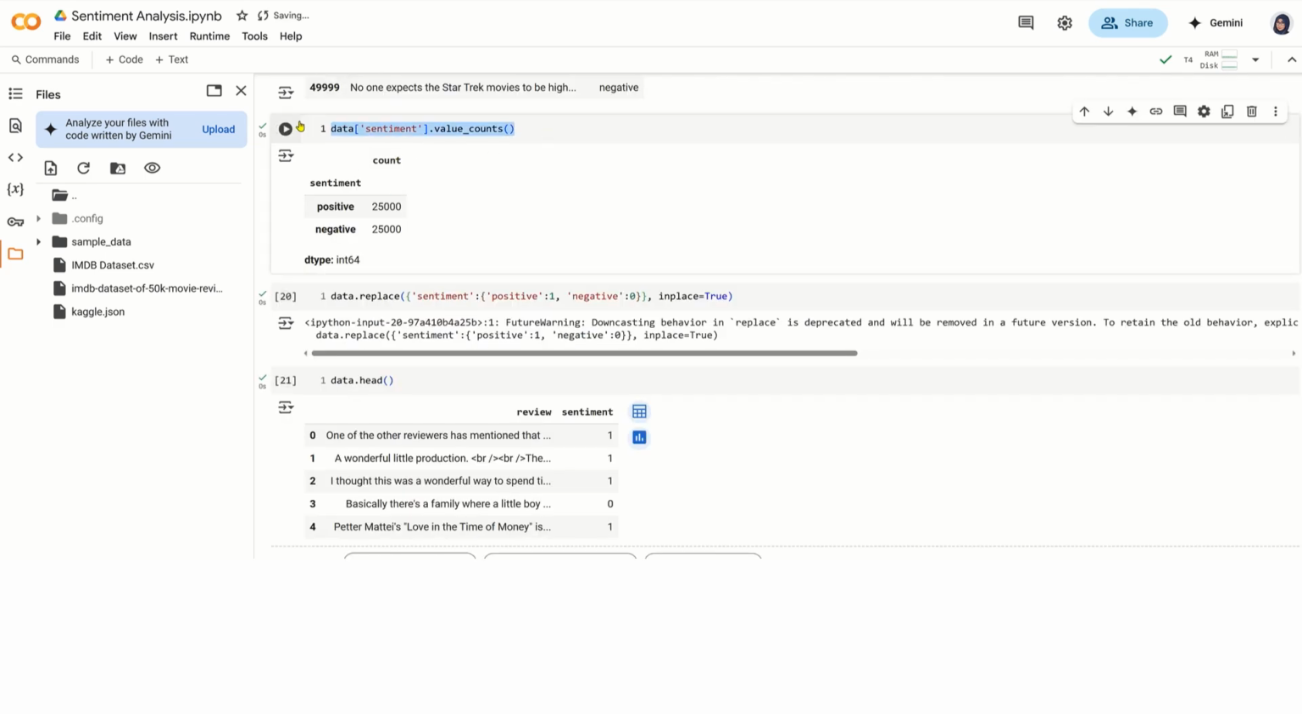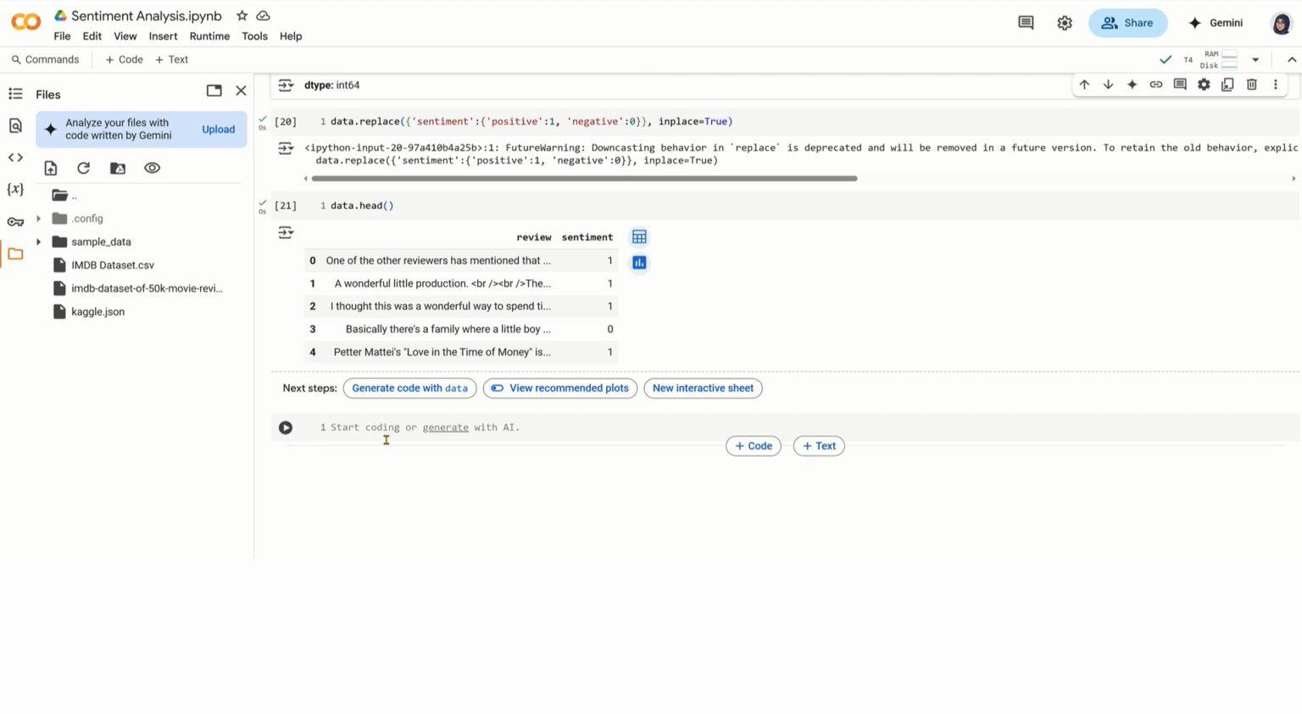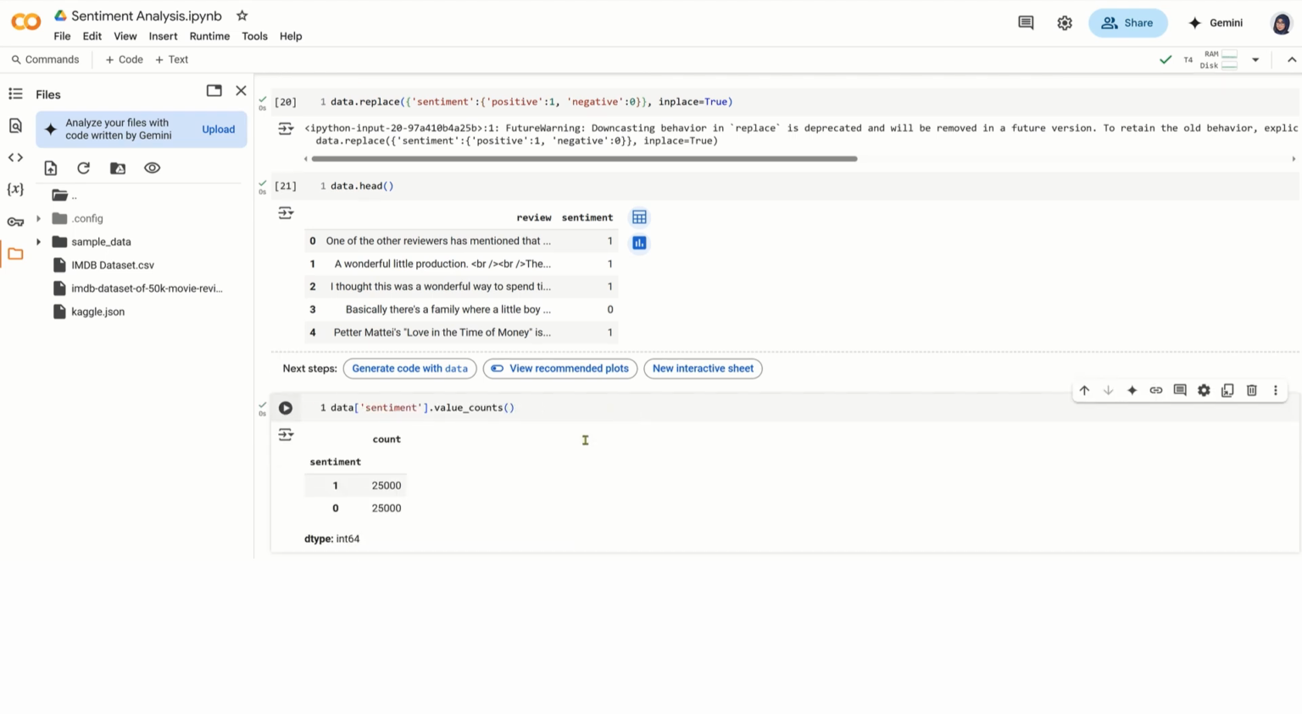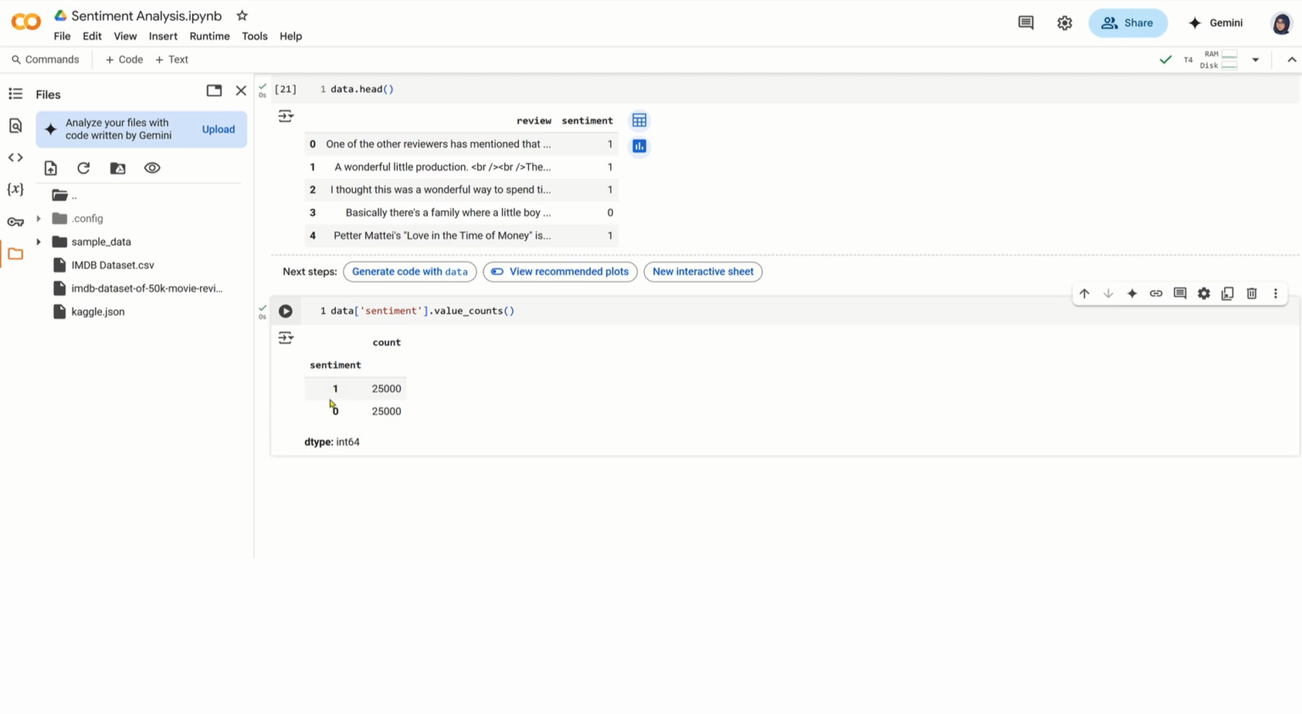Great. So just to ensure the count is really the same, I can just copy this again. Actually it should be the same, but just to double confirm. Yep, the count of 1, positive, is 25,000, and the negative, 0, is 25,000. Now let's split data into training data and test data, which we have already